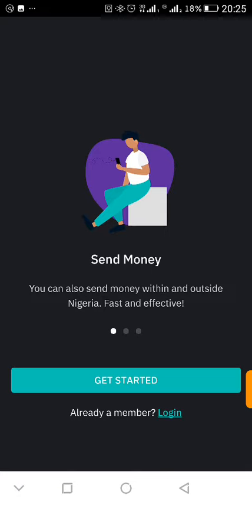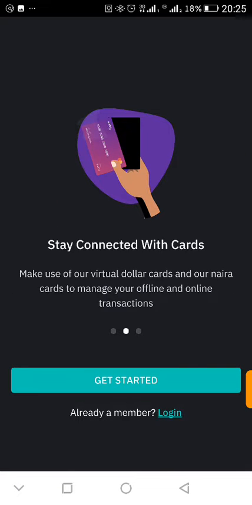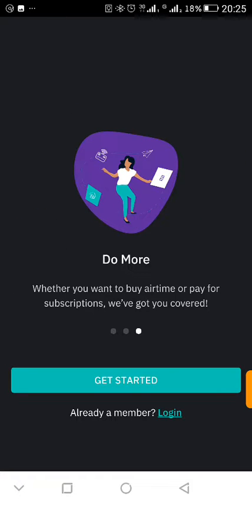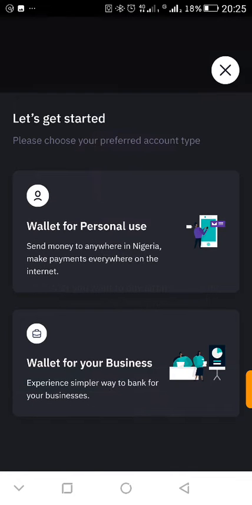It's actually an application, so this is what you see on their home page, and very simple to register. I've already registered and I've gotten my wallet address and I've gotten my US credit card, and this is just